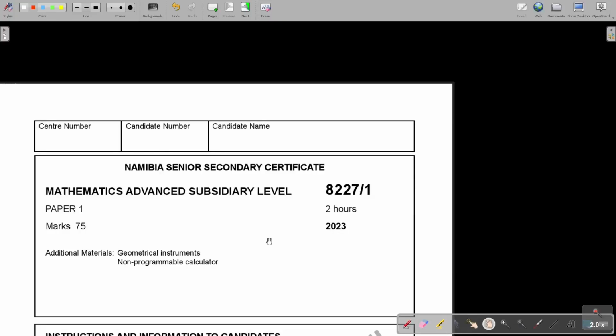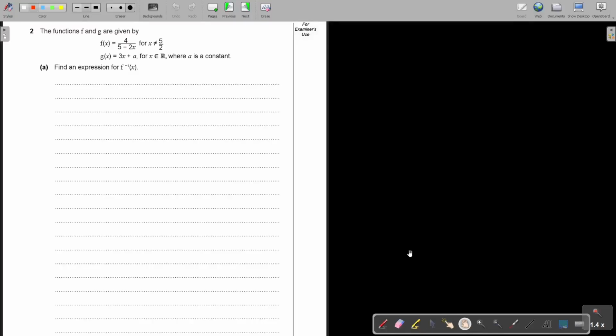Mathematics, Advanced Subsidiary Level, Paper 1, 2023, Part 2. Question number 2. The functions f and g are given by f(x) is 4 over 5 minus 2x, for x